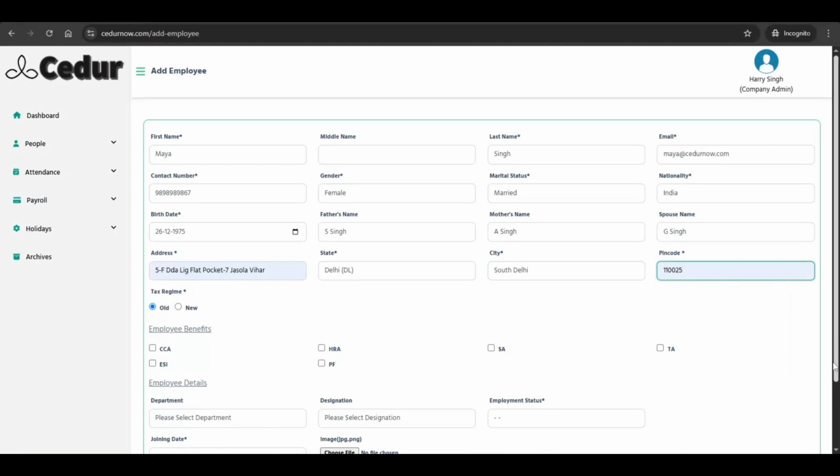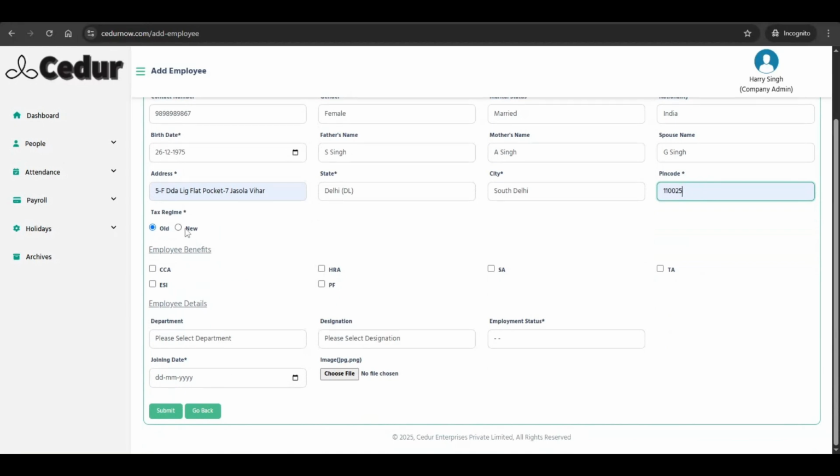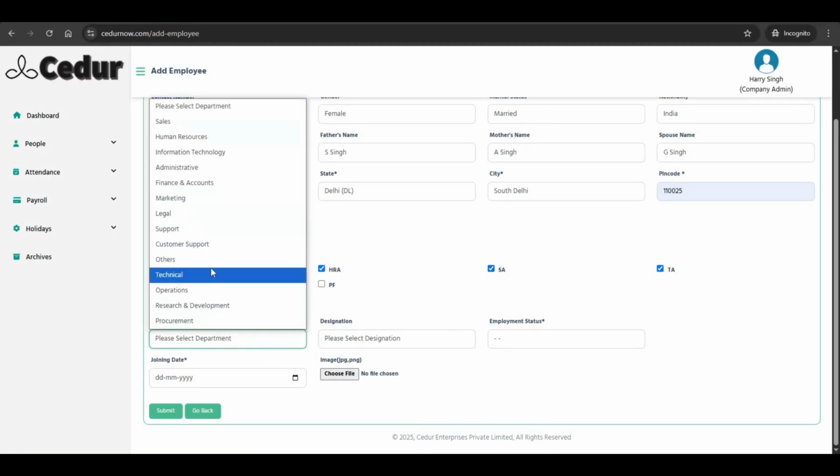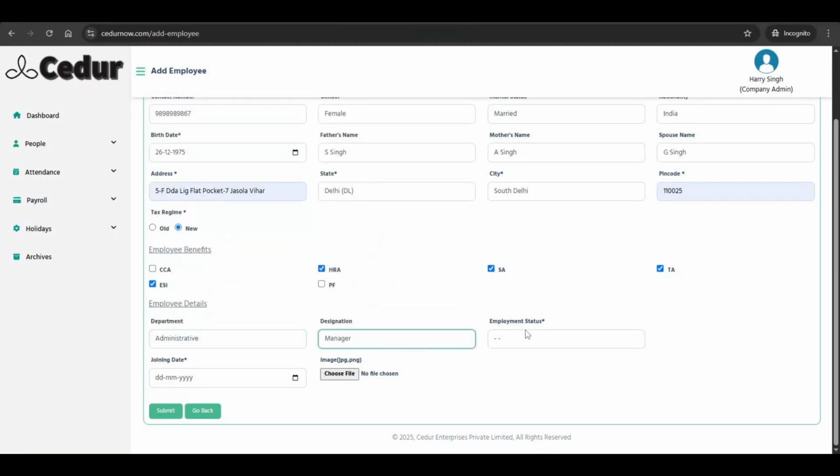Now we get into some core HR features. Here you can decide what tax regime this employee follows. Let's go with the new tax regime for this employee. We can also decide which benefits this employee can get. Let's give her house rent, supplementary allowance, travel allowance, and sign her up for an ESI deduction as well. While we are at it,